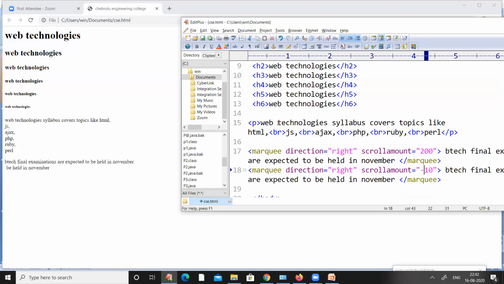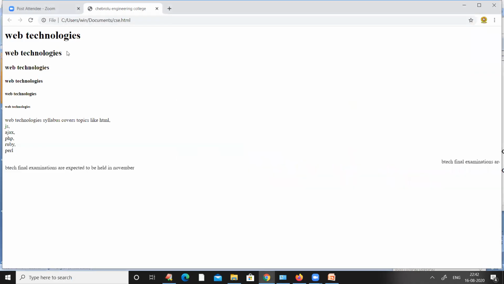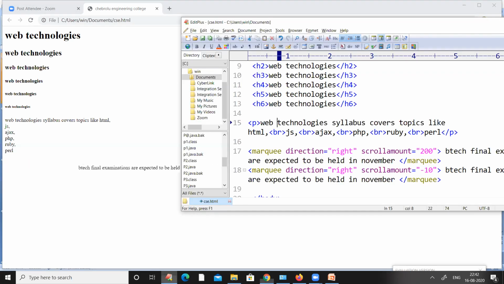Save the program. Now observe the output by pressing the refresh button. So nothing is happening. Even if you give the negative value, the scrolling amount is just the value we have given there, that is 10.